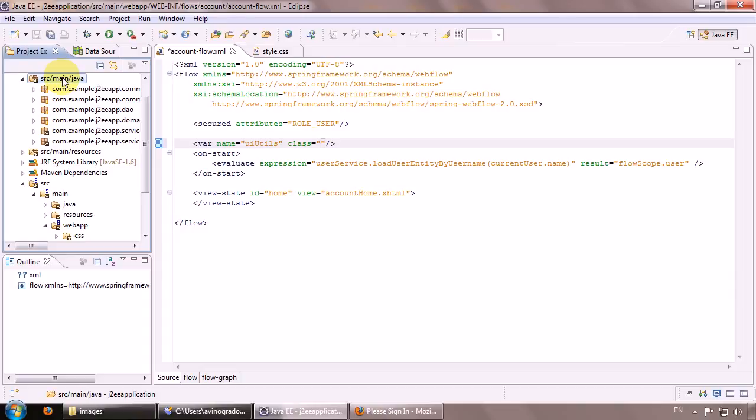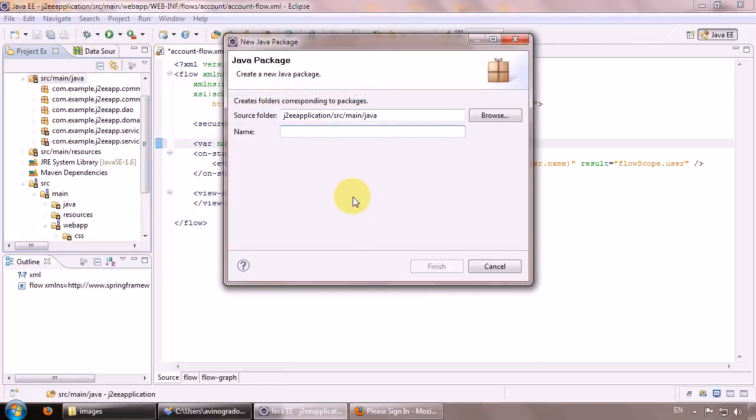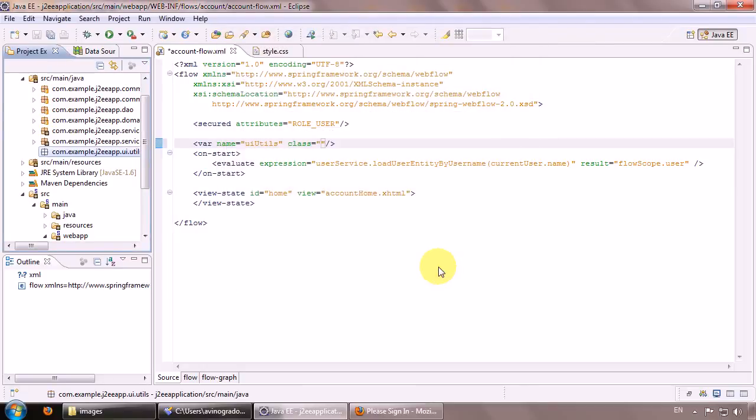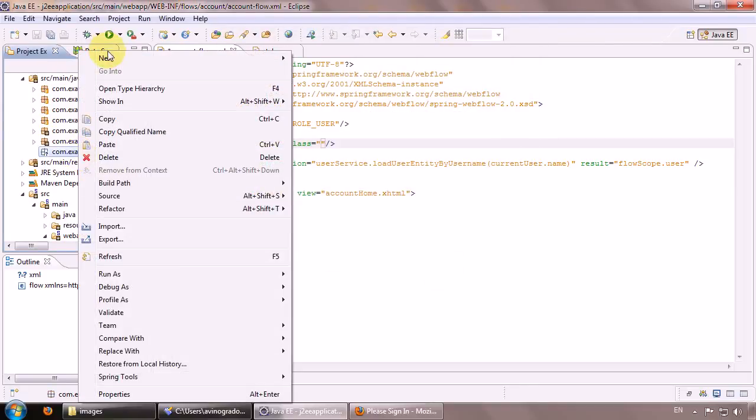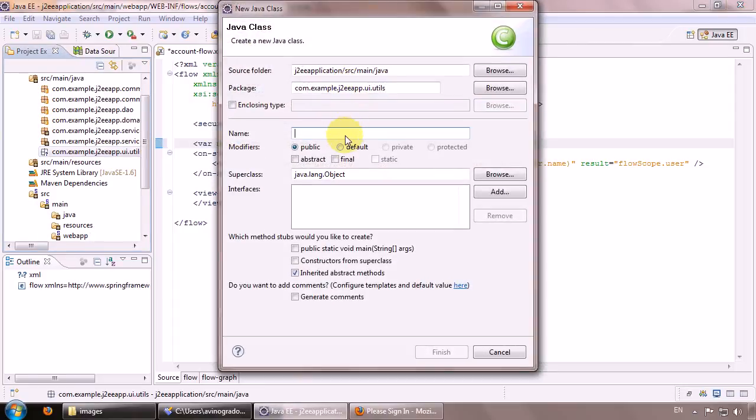And for that class we will create a new package especially for utils. New package. And then ui.utils, for example, finish, and inside we create a class,